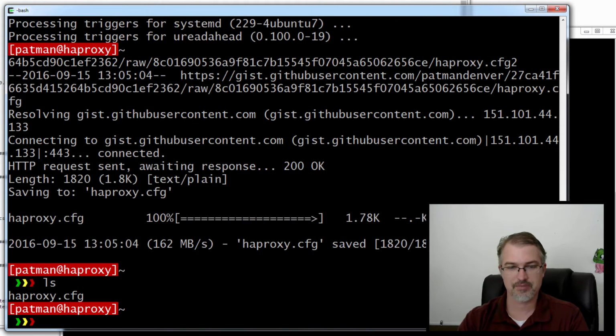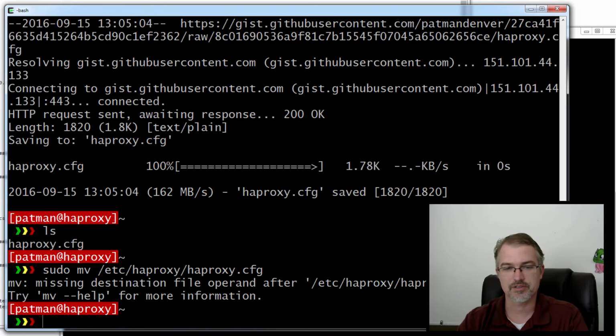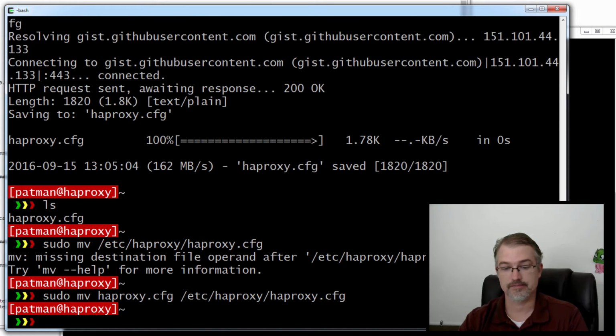And so now I should have an HAProxy configuration file in my local directory. I want to move it, I'll overwrite the one that exists there, in /etc/haproxy configuration. So I'll just do that. Oh, well, it might help to actually move a file, right? There we go. Let's go look at it real quick